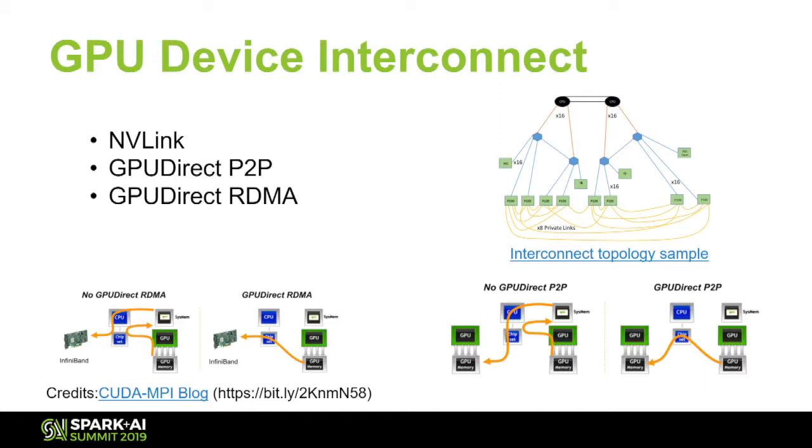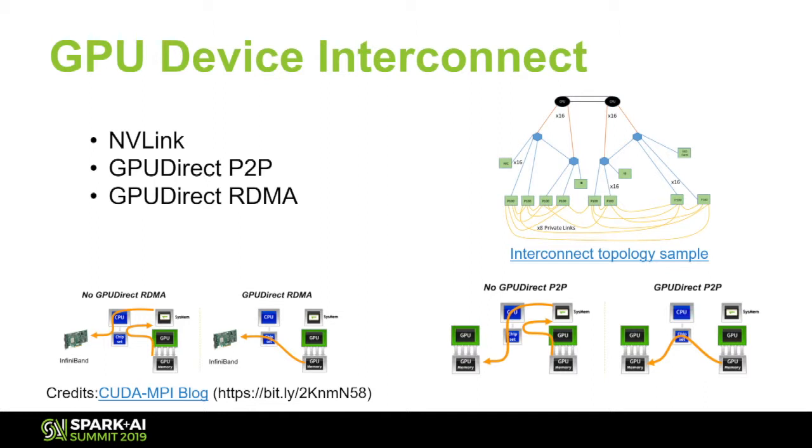And the third option listed out there is GPU direct RDMA. And this is the option that is similar to GPU direct P2P. The only difference is that these GPUs are in 2 different machines, and that's where the remote part in RDMA comes into play. So when two GPUs in 2 different nodes want to communicate with each other, they don't have to use standard network sockets. In fact, if there are better options available, like InfiniBand or RDMA over converged Ethernet fabrics, it's better to make use of those interconnect fabrics as opposed to the standard networking stack.